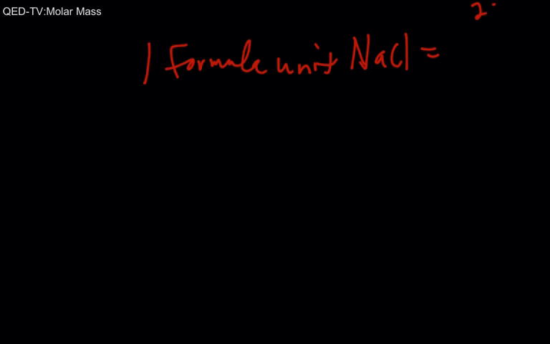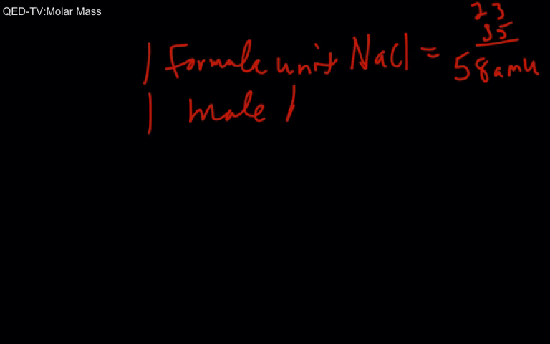Well, this is ionic, so 1 formula unit of table salt would equal, let's see, Na is 23, chlorine is 35 from the periodic table. So 1 formula unit of NaCl would be 58 atomic mass units. So 1 mole of table salt,